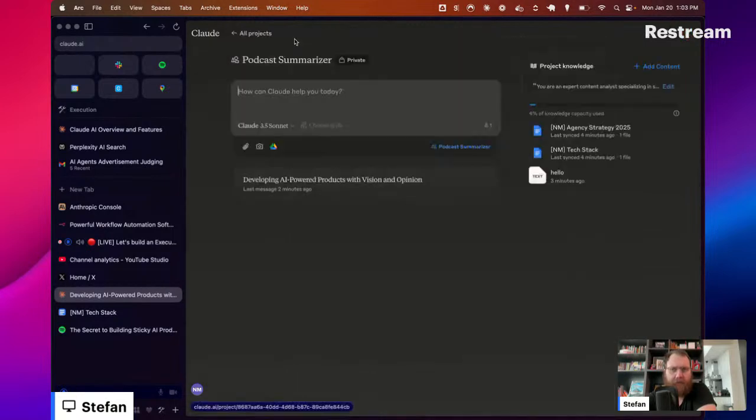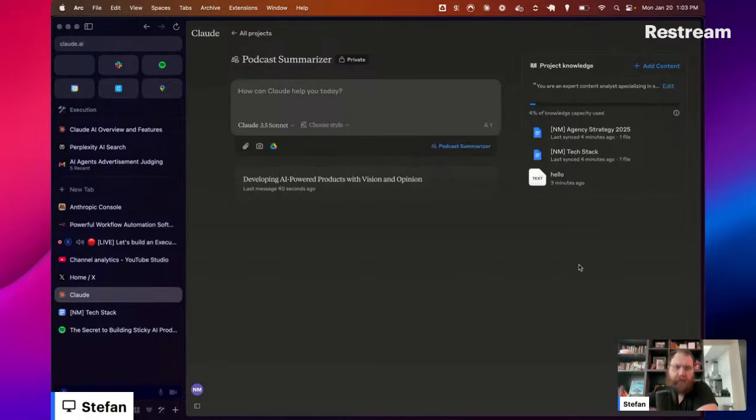So that's how you can build yourself a kind of Japanese chef knife for any kind of use case that you have, making sure you keep context in sync and yeah, go crazy with that. And essentially, the big pro for this is that you can add chat functionality to everything. So like, chat with your transcript, chat with whatever you put in here, and come back to it later as well, right?